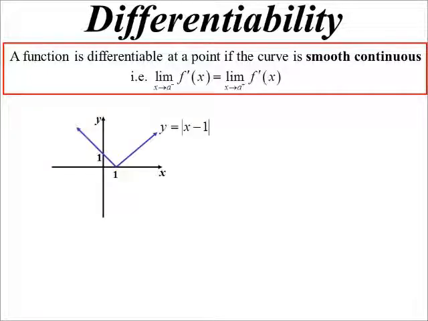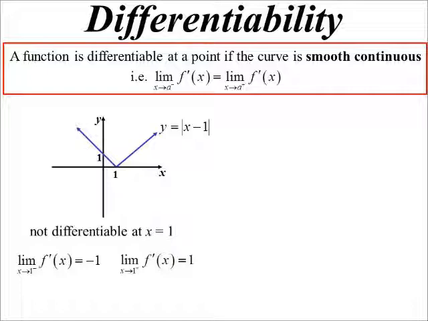So there's the absolute value curve that I was talking about. And it's fine everywhere except at x equals 1, the sharp point. Can't be differentiated there, because on the left-hand side, well, if I was to draw a tangent on the left-hand side, I'd get a slope of -1. But if I was to draw it at the right-hand side, I'd get a slope of +1. So they're not the same. So formally that's why, but as I say, all we need to know is, oh look, it's a sharp point,